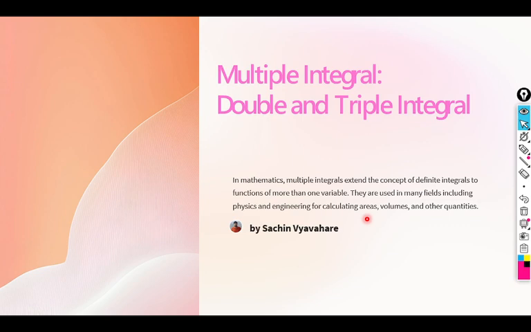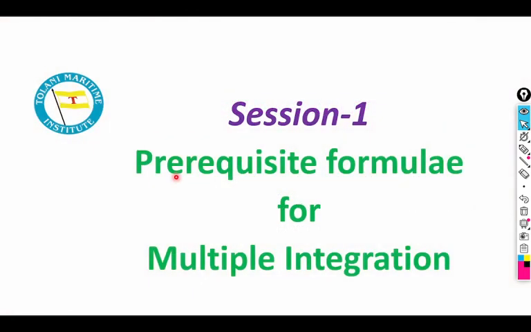Hello everyone, welcome to the first session of multiple integral. Multiple integral extends the concept of definite integral to functions of more than one variable. So you should know the concept of the definite integral. Not only that, we require a few prerequisite formulae. So in this session, session number 1, we are going to focus on the prerequisite formulas of